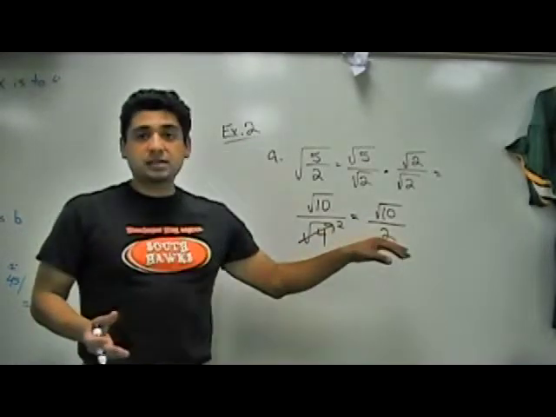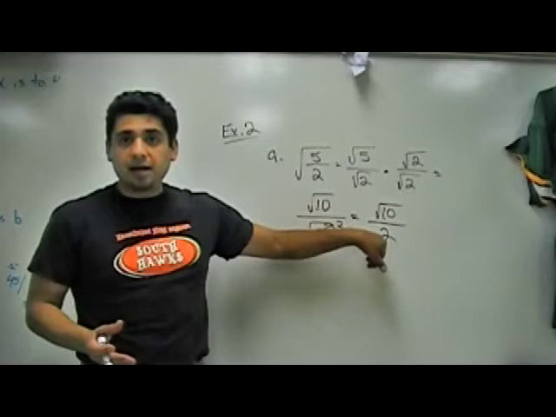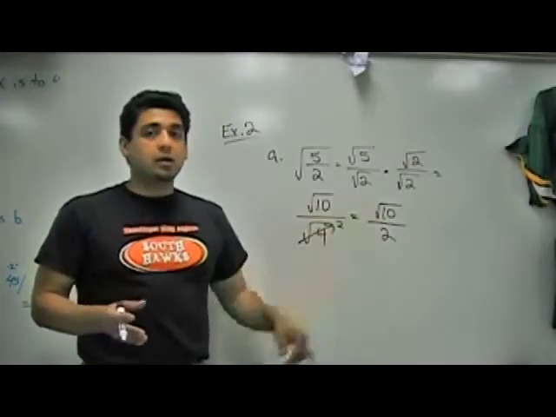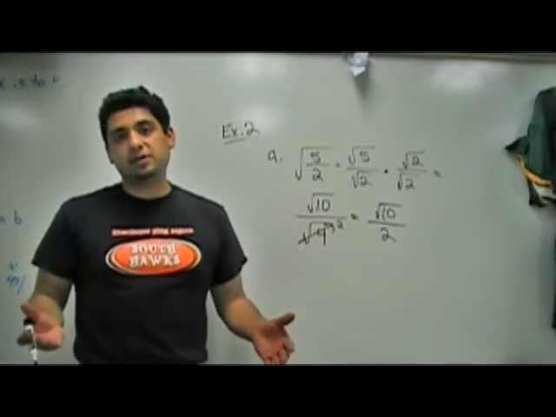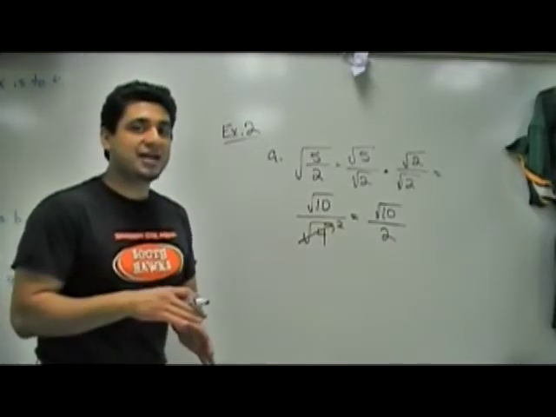So what that does is that eliminates the square root at the bottom, makes the numerator a little bit bigger. But if you were to take the calculator and divide those two, it would come up to be the same answer. So what we did was we rationalized